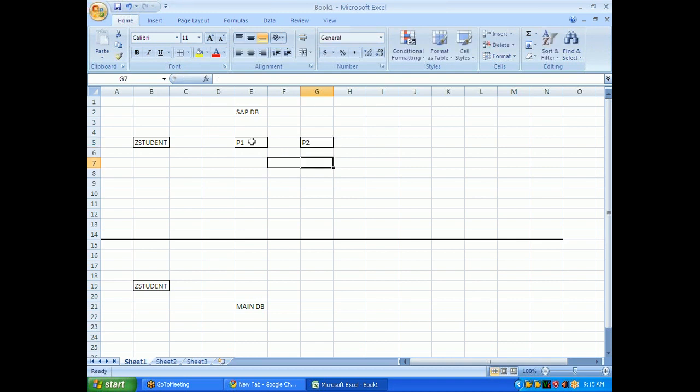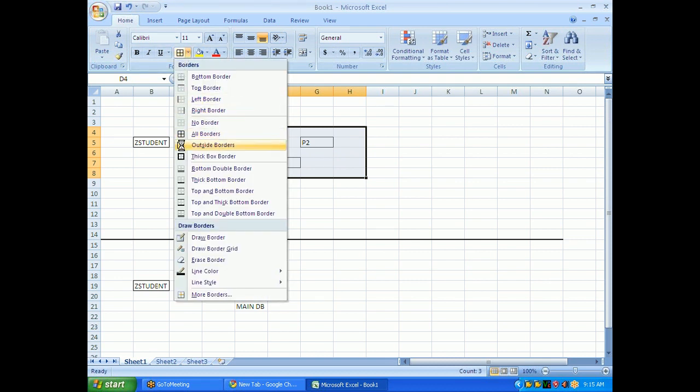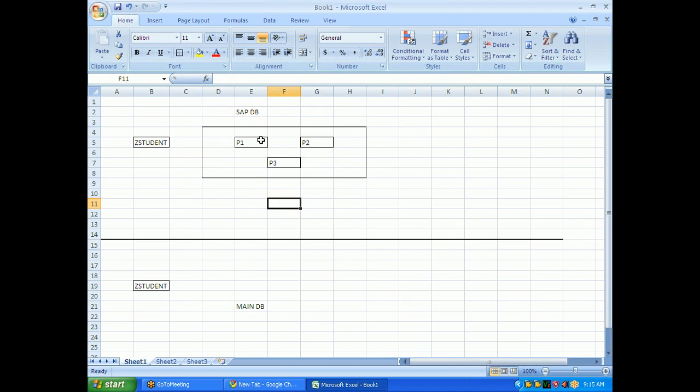This is the SAP database, that means the data dictionary level, SE11 transaction level. All these pool tables together are called a table pool. One table pool reflects one table in the main database. So this is the concept of pool tables.